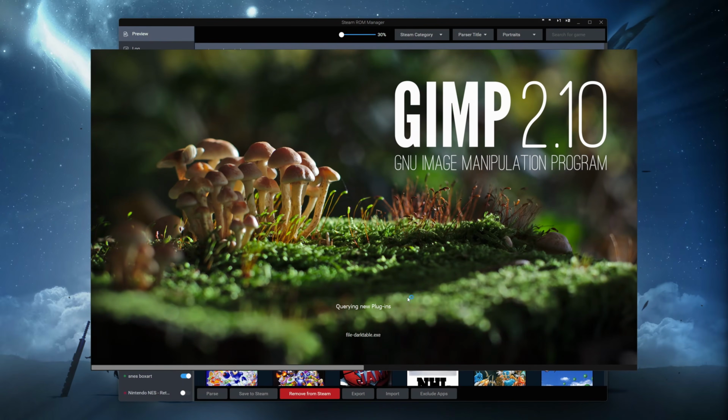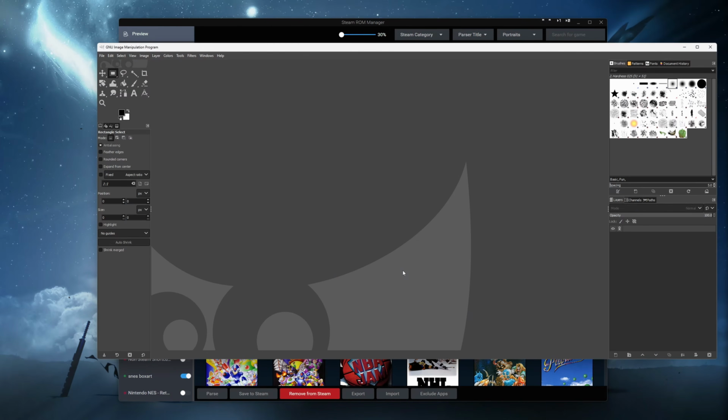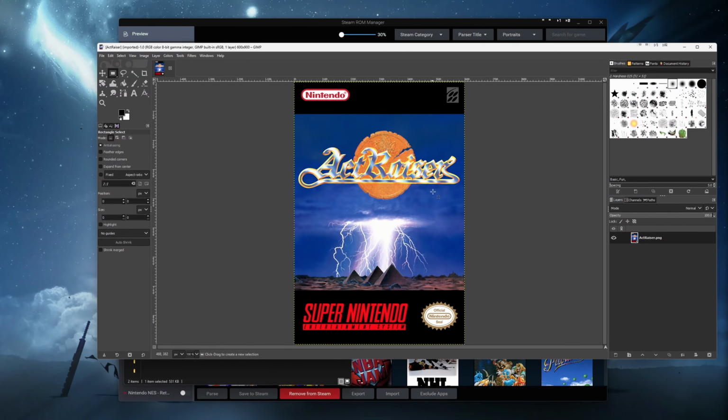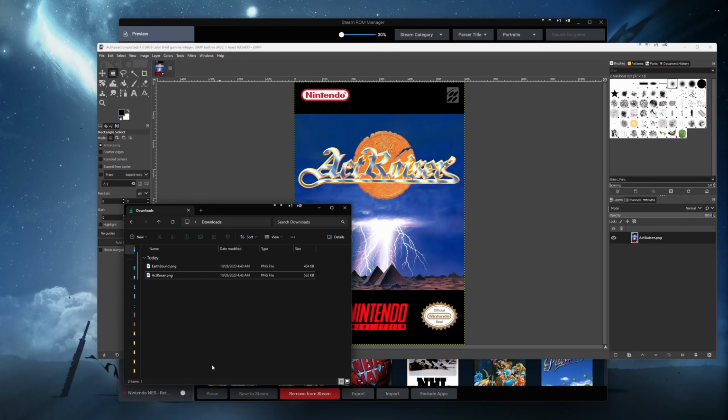borders, download one of the images that does have the border, and then open up a photo editing program like Gimp or Photoshop. I'm going to be using Gimp here as it is free, and I'll post a link to it also. You want to first open up the photo editing software with the image that has the border that you're trying to copy. So for this one, I'm going to use ActRaiser with the border,